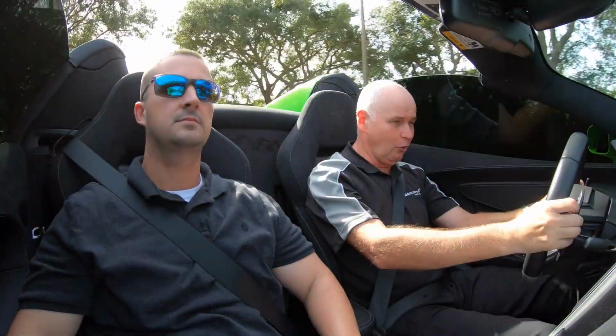Then we'll spin around and come back a bit more aggressively. Sounds very healthy. Sounds tuned. A nice sound. It is. It's very much a race engine. We're just warming her up. Once I get it warm, we're going to come back and have